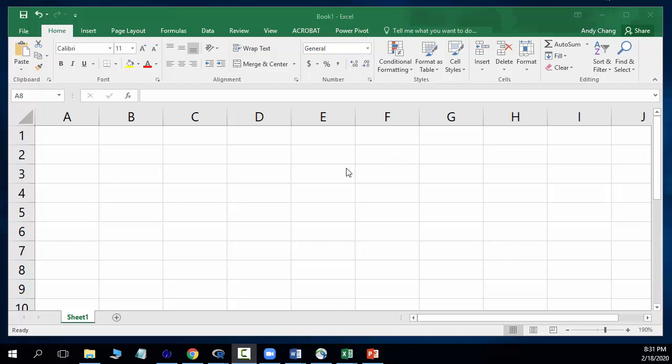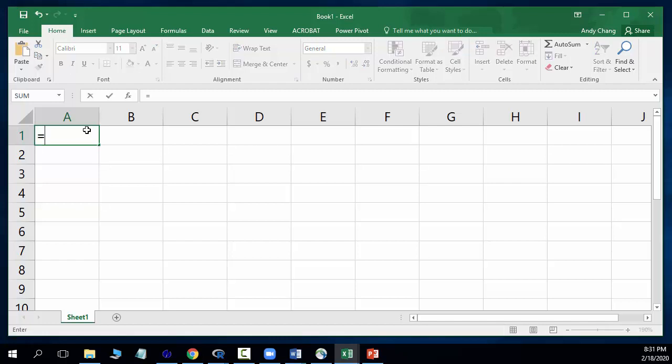This video will show you how to use an Excel worksheet to do some very simple computation. Each of these cells in the Excel worksheet can store data. You can also use these cells to do some simple computation. When you try to apply an Excel function to do some computation, usually you will start